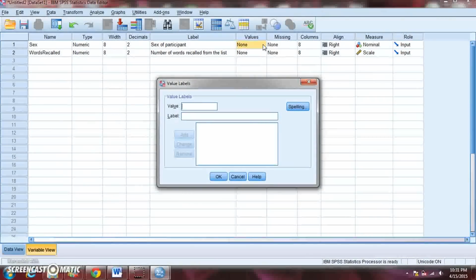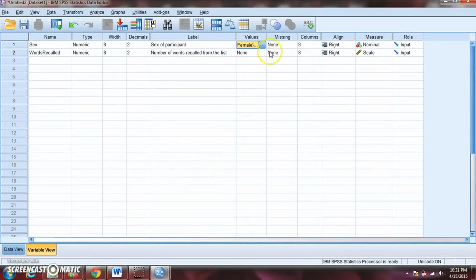So for instance, we could have a 1 as a possible value, and that could stand for female. I've hit add. We could have a 2 that stands for male. So I've typed that in and clicked add, and then I can click OK. So now SPSS knows whenever there's a 1, that means female. Whenever there's a 2, that means male. You only have to do that for nominal variables because those are the variables where the numbers are standing for something else.